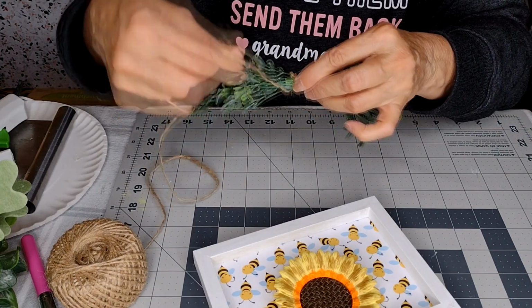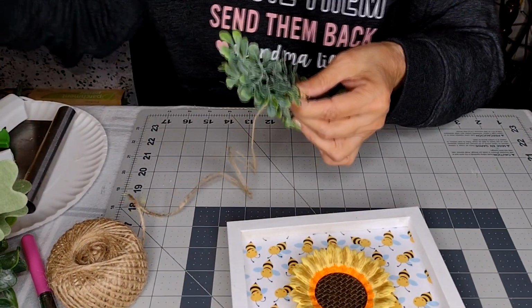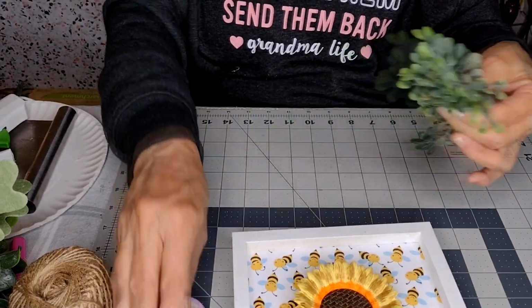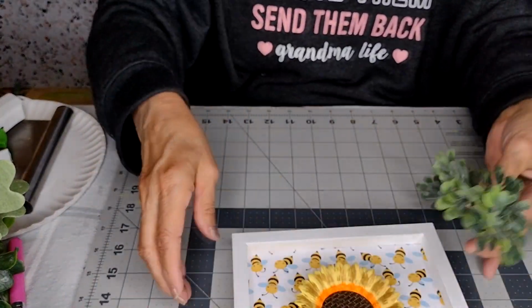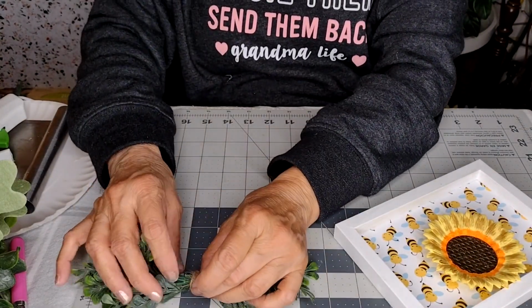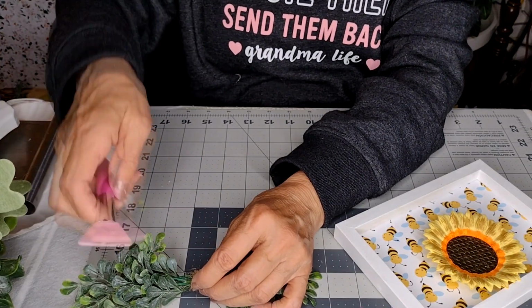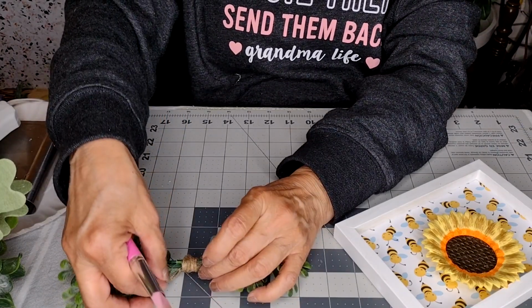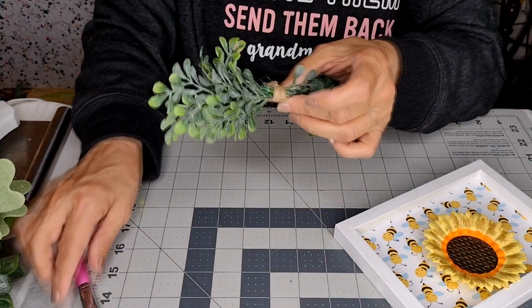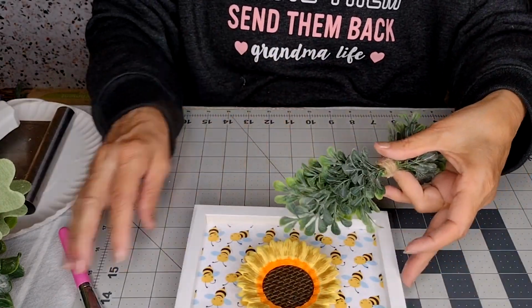Just want to make sure when you wrap this, you have it nicely tight wrapped on there. Okay, I can have that and cut this here. And I'm just going to glue this to the back of it, to make sure it doesn't come apart. So I'm just going to add some glue to my greenery back here. Uh-oh, come on. Okay, once you have that done,